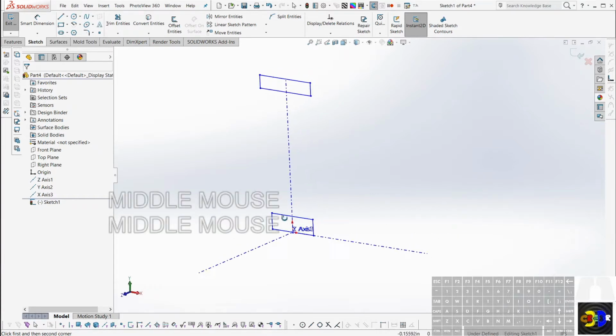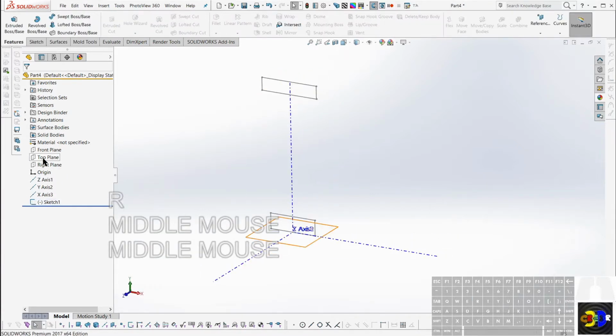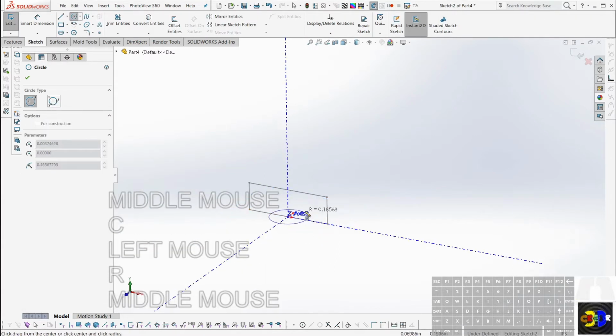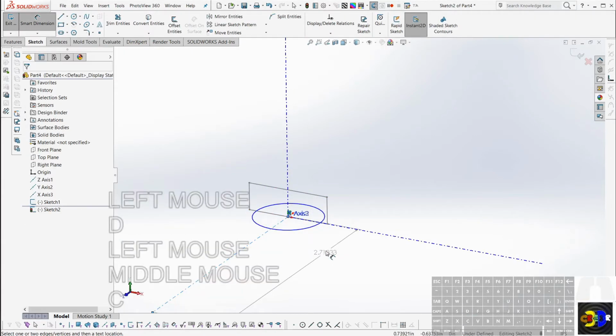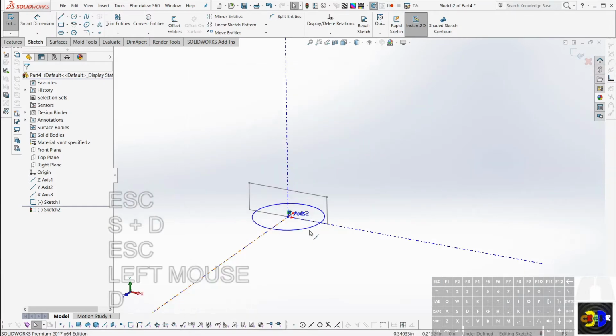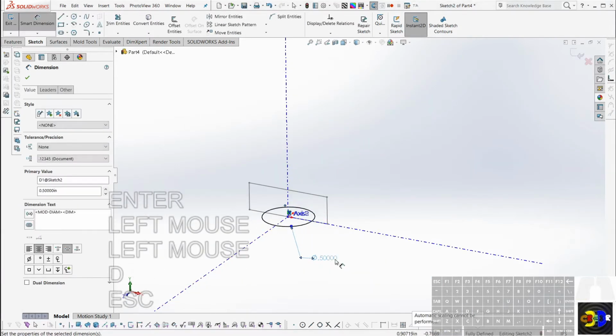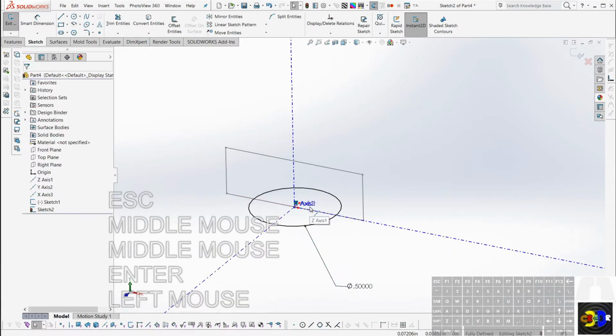So what we'll end up doing is, let's go from the top plane here, create my circle, put a dimension on it, 1/2 inch, 0.5, enter,